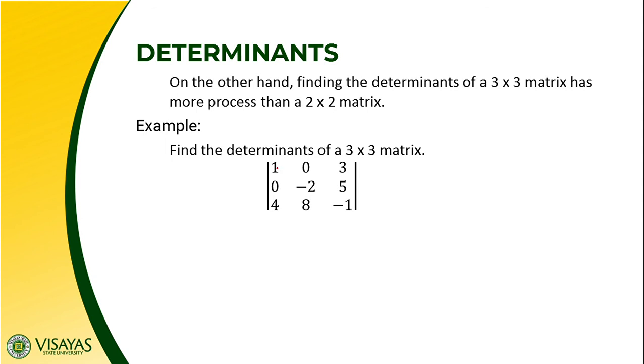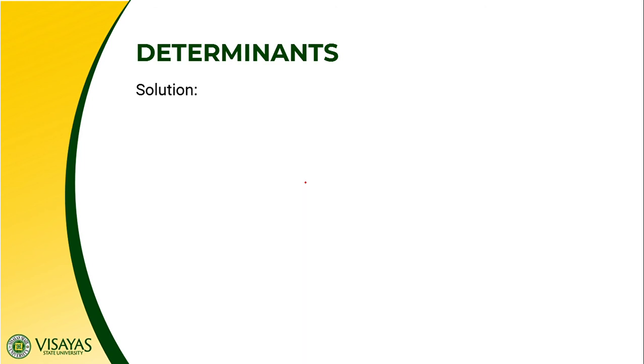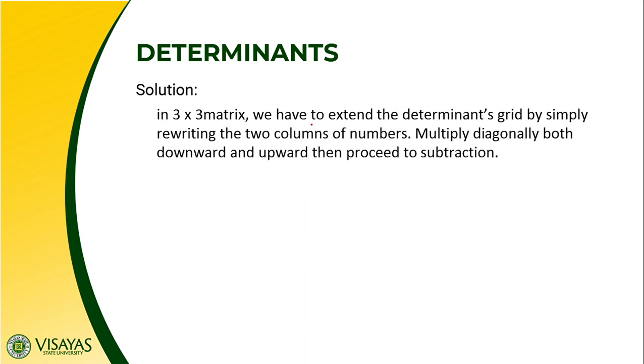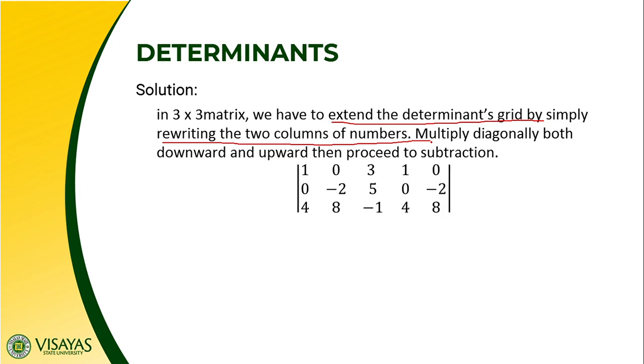So here is the rule in finding the determinants. First, we need to extend the determinant grid by simply rewriting the first two columns of numbers. So again, multiply diagonally both downward and upward, then proceed to subtraction. So what do you mean by that? For example, here,